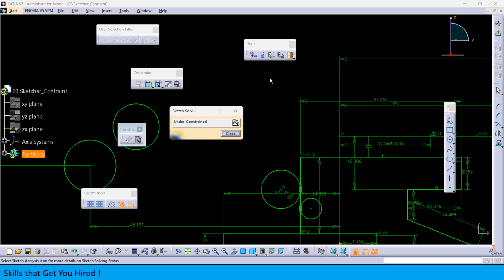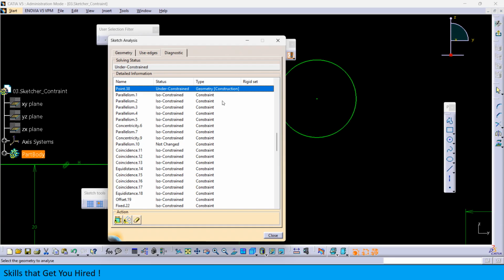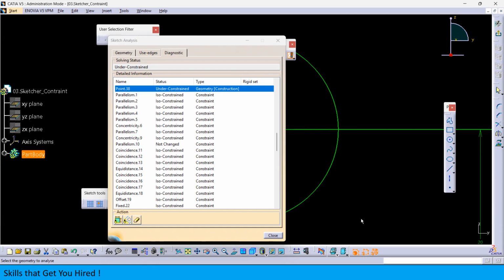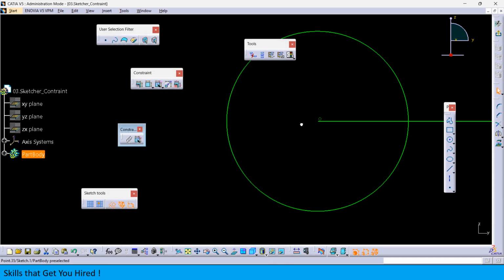Now you check here, it is still under constraint. We need to find where it is under constraint. So this is the point where I need to right click here, click on reframe on. So here, at this location, the point is not constrained. So what we can do is I just